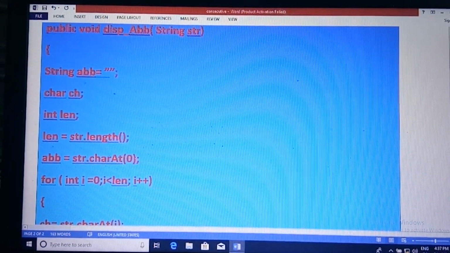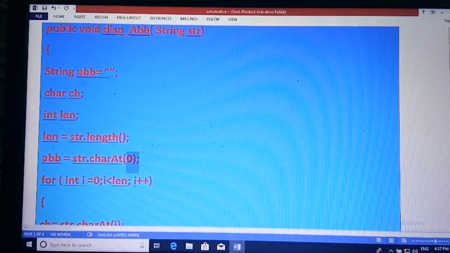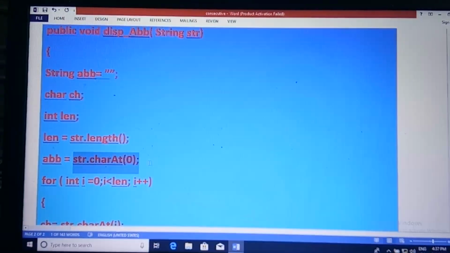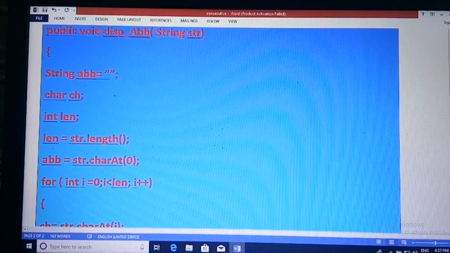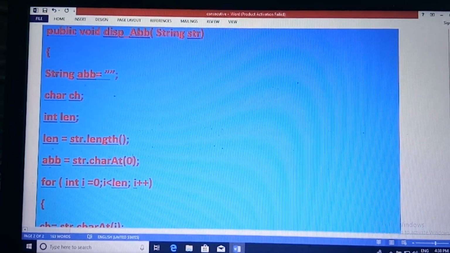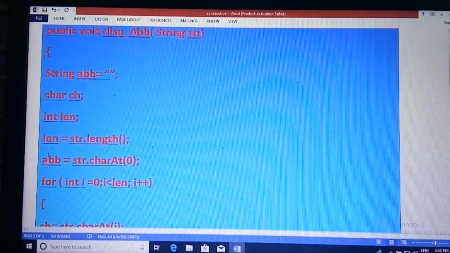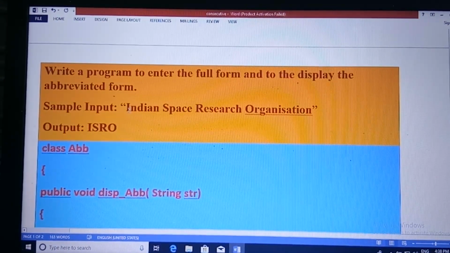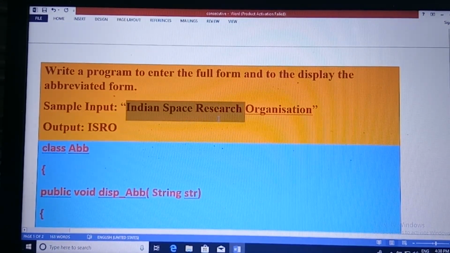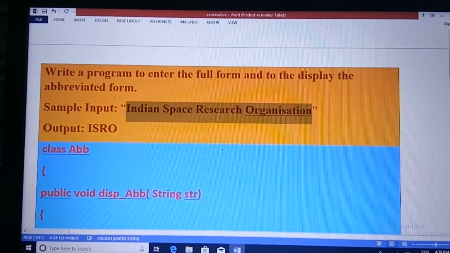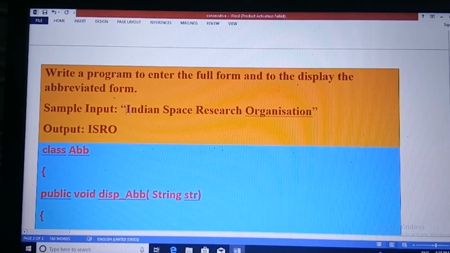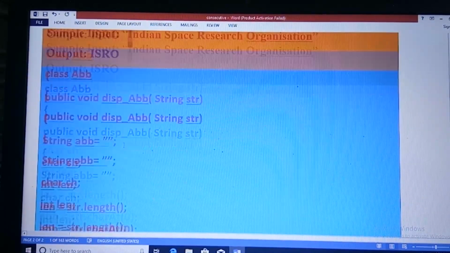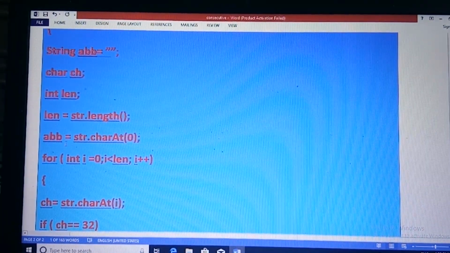The first letter or the first alphabet, of course, is needed in the abbreviated form. So the alphabet in the 0th index position will be stored in the variable ABB. If you see the example here, in the input Indian Space Research Organization, first we are storing the alphabet I in the variable ABB.